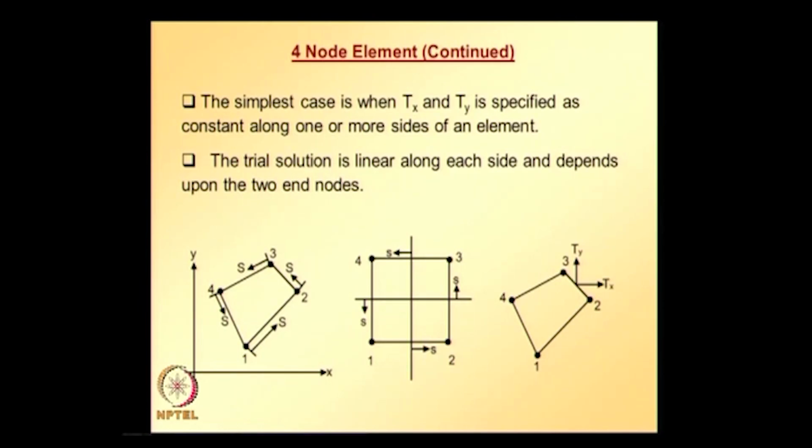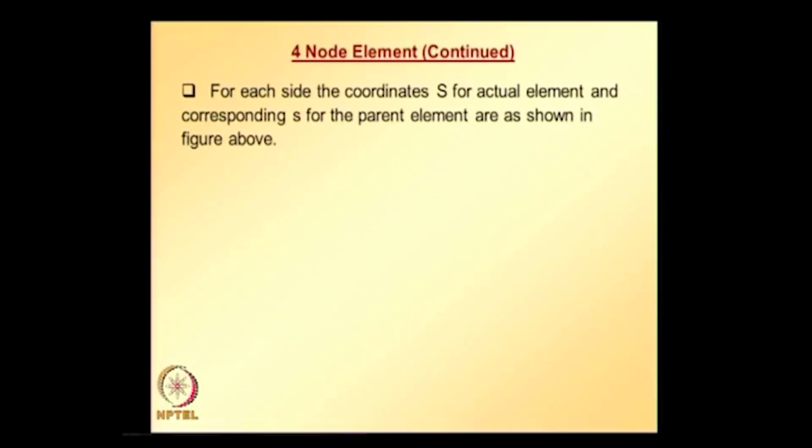For each side, the coordinates capital S for the actual element and the corresponding small s for the parent element are shown. The shape functions for each side can be expressed as follows: along side 1 2, if you take the parent element along side 1 2, the shape functions of nodes 3 and 4 are going to be 0 along side 1 2. So, the shape function vector